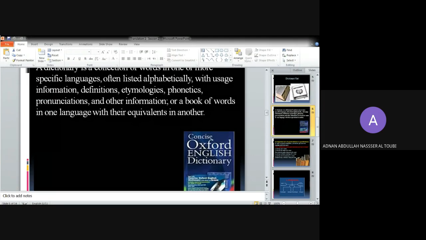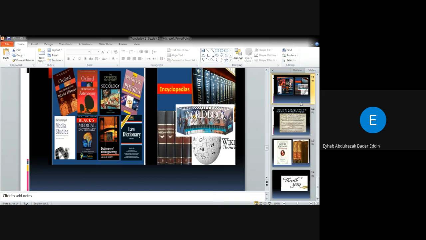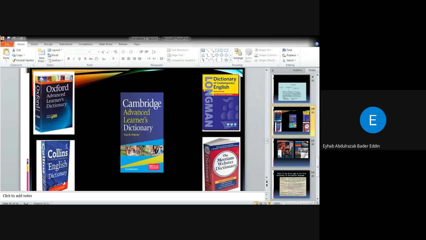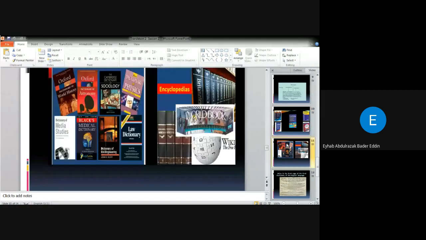Yes. أي slide منهم؟ Oxford English Dictionary. اللي فيه 5 قواميس ولا اللي وراها؟ لأنه أنا عرضت كمان قواميس تخصصية. الشريحة رقم Slide 6. طيب القواميس ال5 ظاهرين عندكم شفتوهم؟ Yes. القواميس التخصصية ظهرت عندكم ولا لا؟ Yes, doctor. هاي ظهرت من أول ولا الآن أول مرة تشوفوها؟ Now. شو شايفين الآن؟ Encyclopedias and some